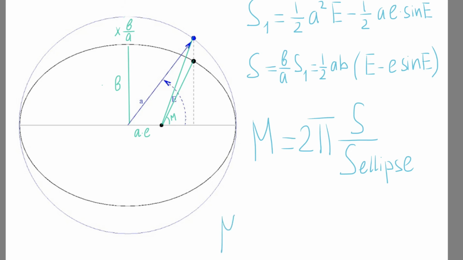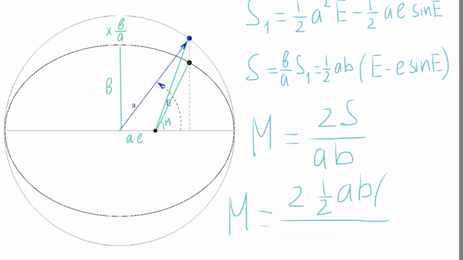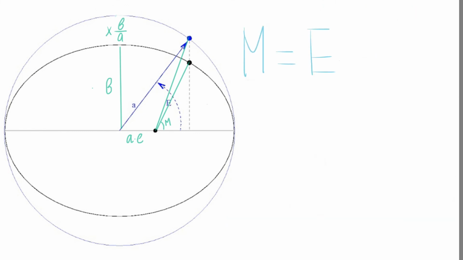Using proportion, we can find the formula of the mean anomaly, which equals 2 pi S divided by S ellipse, and S ellipse is actually equal to pi AB, which are my major and minor semi-axes. This will lead us to the derivation of Kepler's equation. Actually, now we can solve this equation using Newton's iteration method, and also